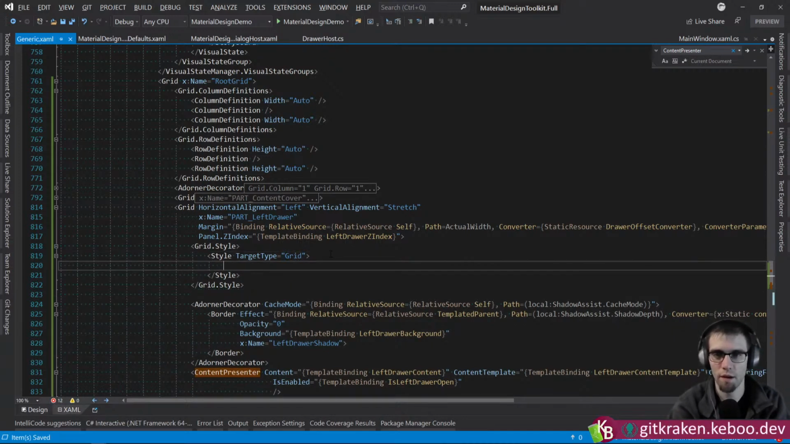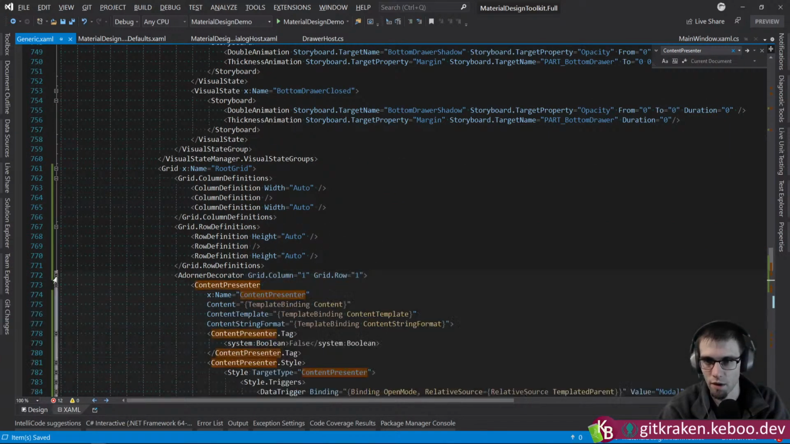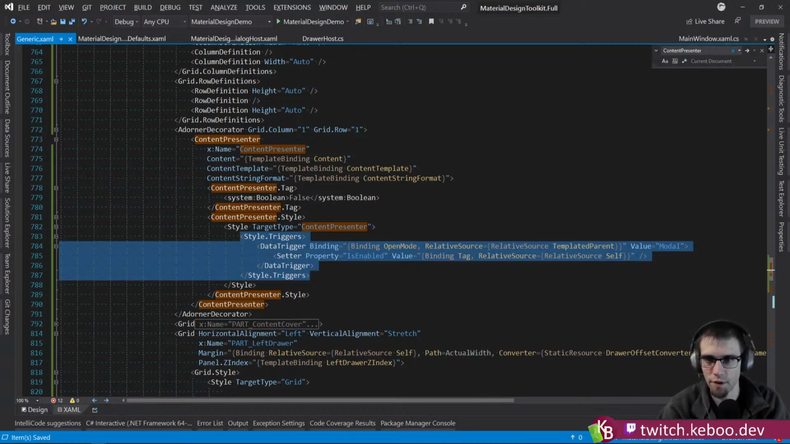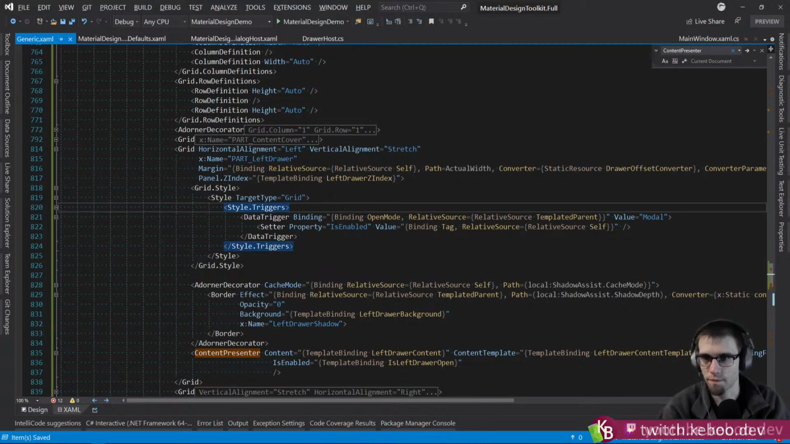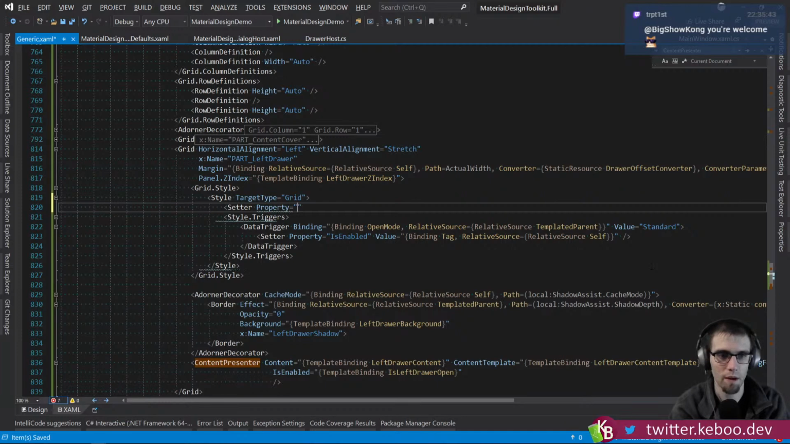right? And then I guess the question is, which way do we want to do our trigger? And the answer will be whichever way this is. Actually, I think we should default it. Our default state should be modal, because that's going to be the default state of the DrawerHost. So our trigger will be on standard. And we need setters here. So setter property, and let's do grid